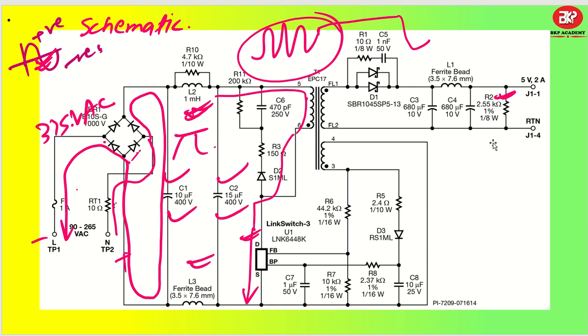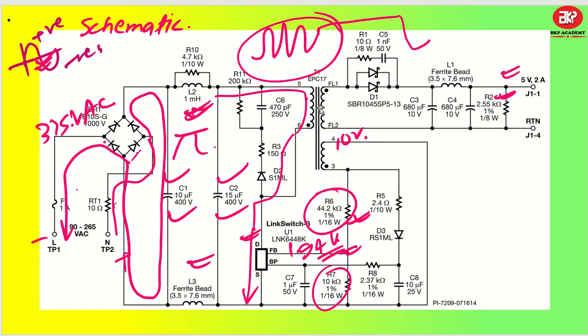That's all. Coming back to the auxiliary voltage, so this is going to be the voltage, let's say it is 10 volt output, so that is going to be designed in such a manner that this is the voltage division R6 and R7. So this feedback pin is going to receive around 1.94 volt or something, right? So this has been designed in such a manner, like R6 and R7, so that you get your feedback voltage of 1.94 volt, and this is how it is going to regulate the voltage actually.